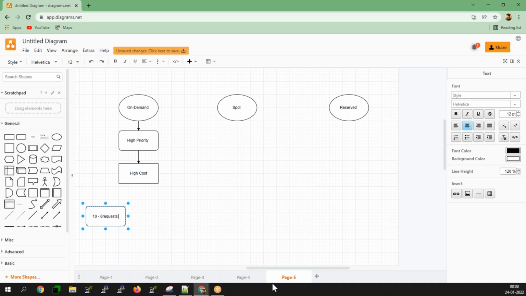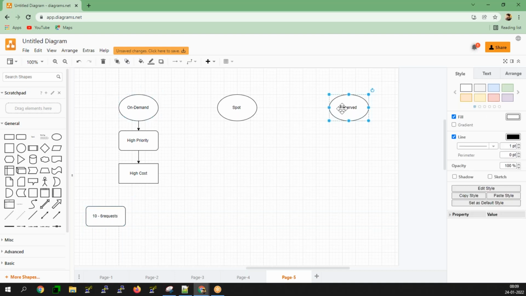They are high in cost. When there are 10 requests, and 6 of them are with regards to on-demand, priority is given to those 6 requests, which belong to on-demand. And they are high in cost. So now here,